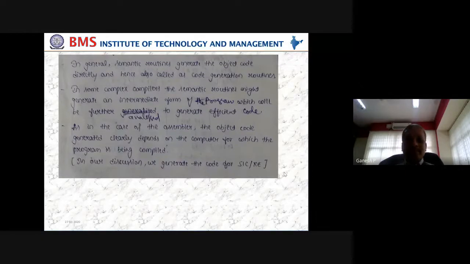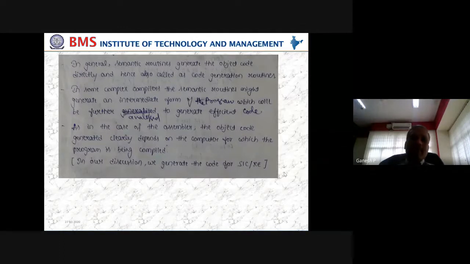Obviously, that requires a lot of complexity being built in, and pointers of course require more complex routines to be written. Like that, whenever a new language is brought into the system, those languages might involve complex requirements to be taken care of, doing more work from their end and making the programmer more comfortable with less work. If that is the case, more complications are there at the compiler end.